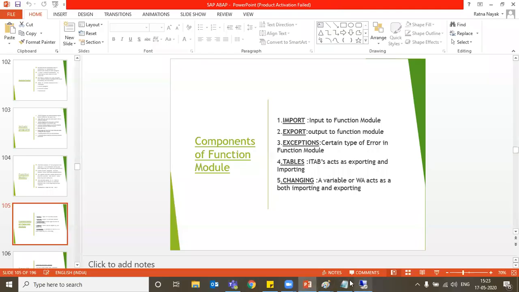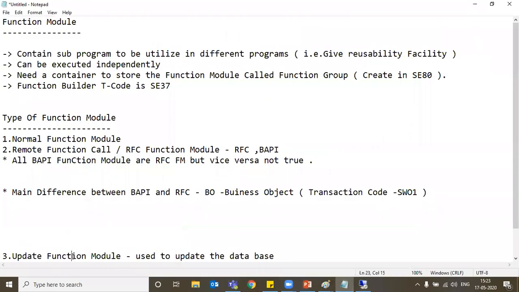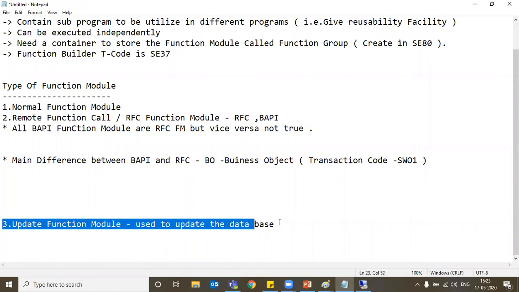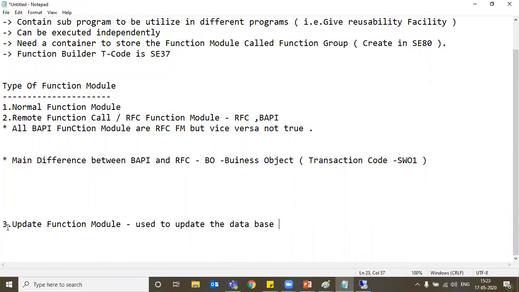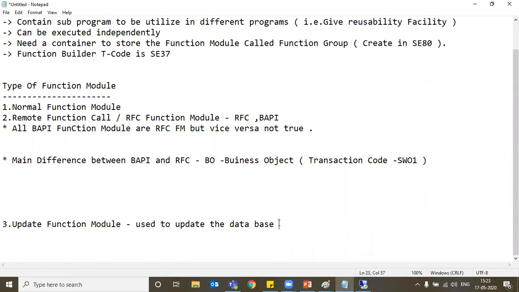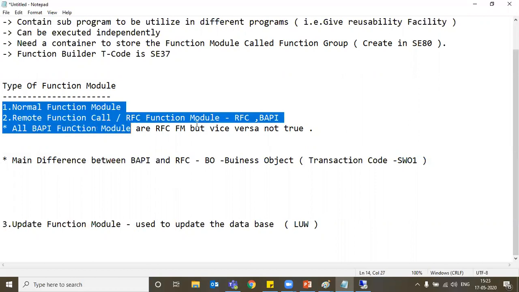I'm forgetting one function module, the update function module. I remember that, but I will discuss more about it in tomorrow's classes. There are a lot of concepts I need to discuss here, like the ALUW concept, the logical unit of work. That concept I will discuss in the update function module. For the time being, I'm teaching these two kinds of function module in detail.